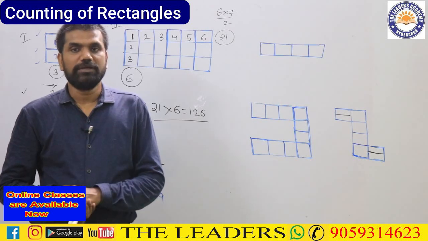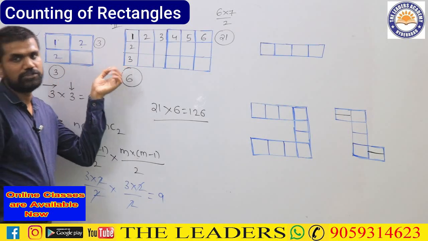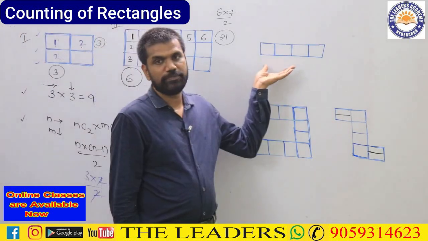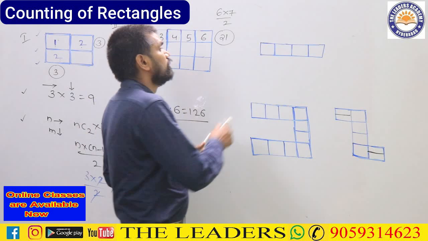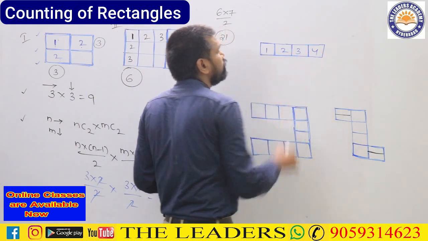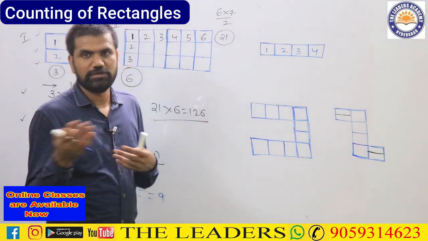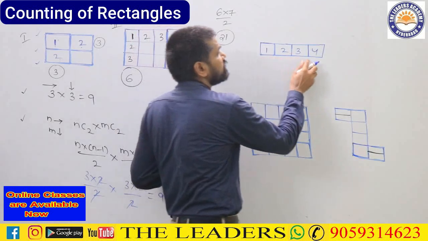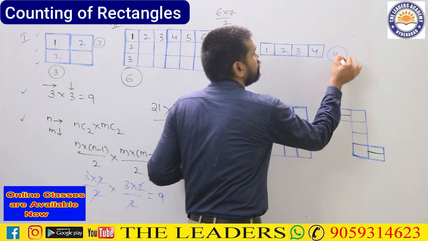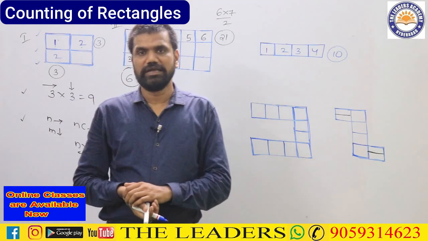The other type will be, you may not be having a closed grid like this. This is one simple example for that. If you represent the natural numbers, I do have how many natural numbers in total? 4. I have to take the horizontal sum. Horizontal sum is how much here? It is going to be 10. Vertical sum, so vertical I have only 1, so I can neglect that.